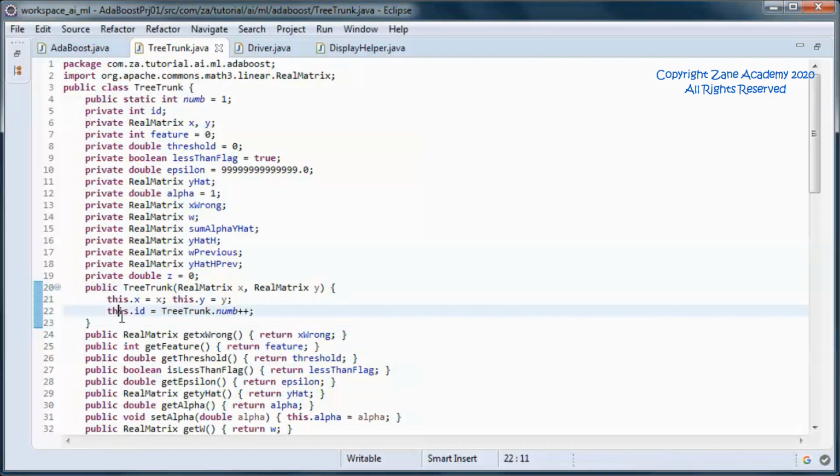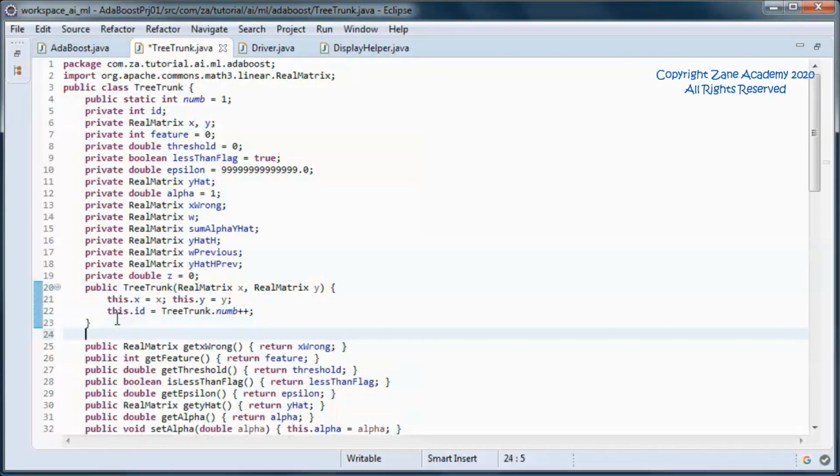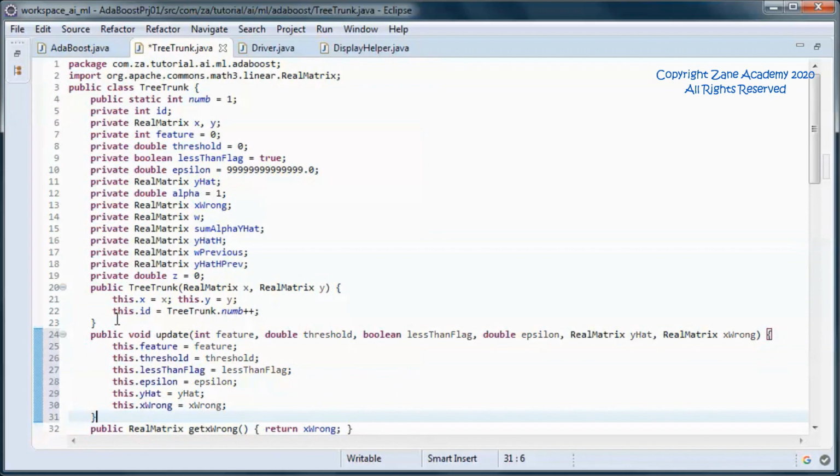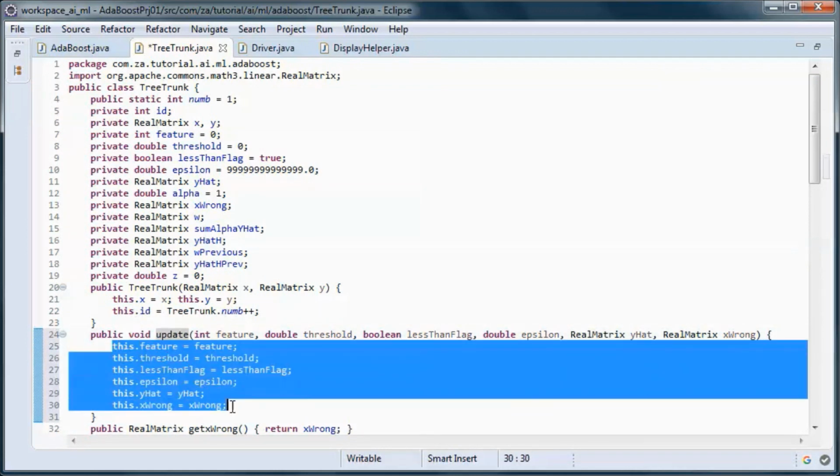And this method does update to those instance variables.